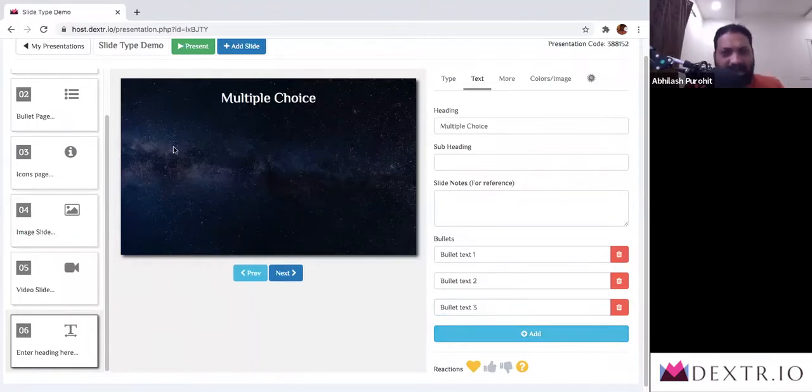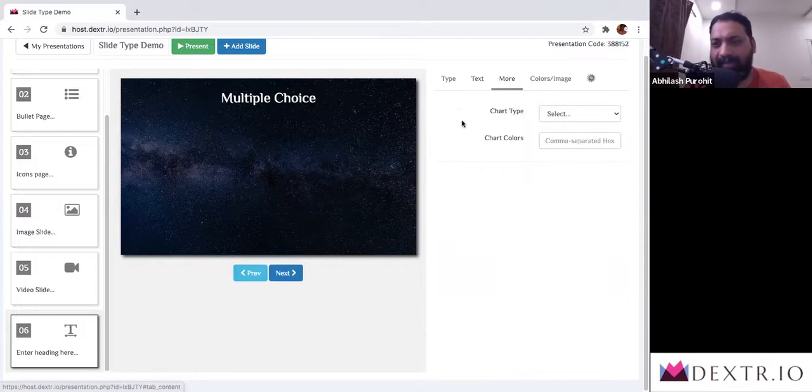And you're observing that nothing is happening on the screen. That's because one more small step needs to be done before a multiple choice option starts working. I have an option wherein I can click on more, and in here you will see suddenly that there are two options. Up to this point there was nothing in it, therefore I did not show it. But because I've now selected a multiple choice option, you have a chart type to select from. Once I click on that option, I'm going to see either a column chart or a pie chart. I'm going to show you two versions of both of them.